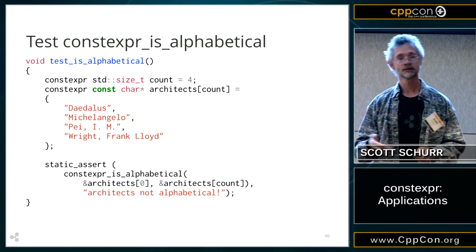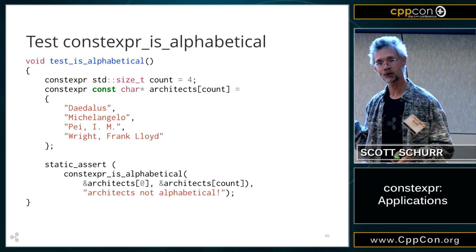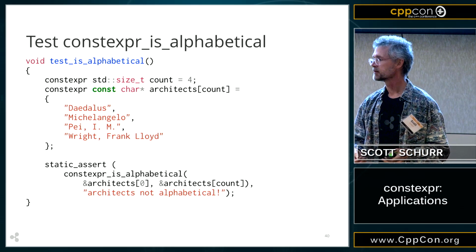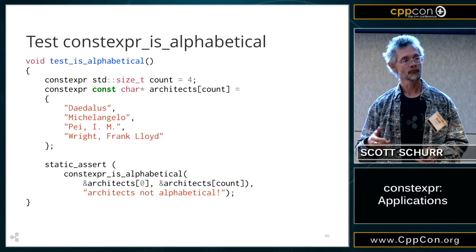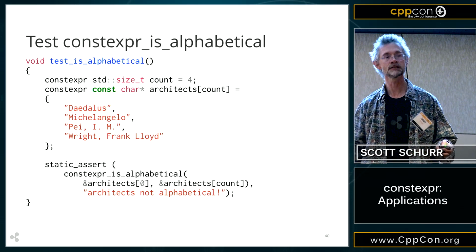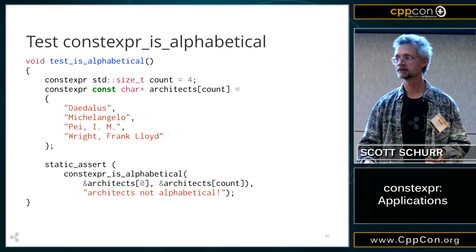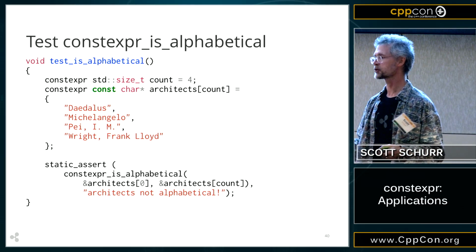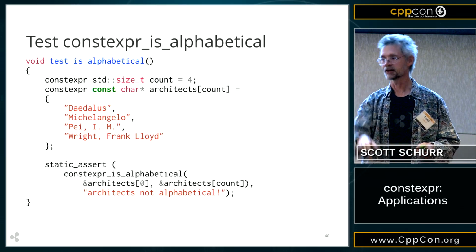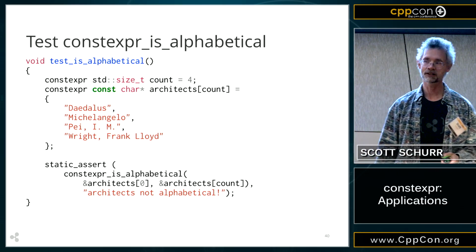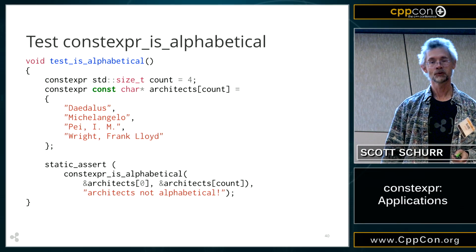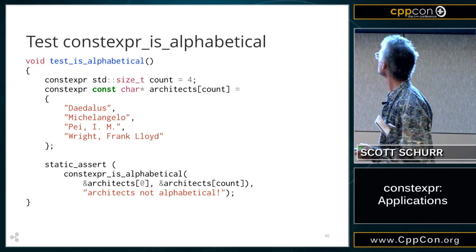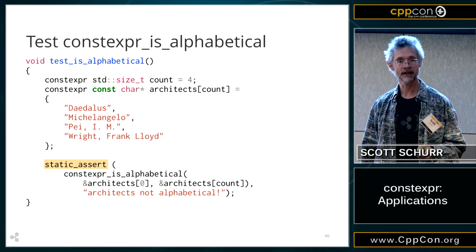So now, say you have a significant sized list, more than 4 entries. You have a bunch of these in some file, and you want to make sure they're always alphabetical, even in the face of maintenance, because this is easy to do when you're making that list initially. But you have people walking in saying, oh God, we've got to add another architect today. Yeah, let's get that in there. Okay, we're going to run, and the compiler says it's not alphabetical anymore. So we've got some real leverage for finding errors at compile time, because it's a static assert.